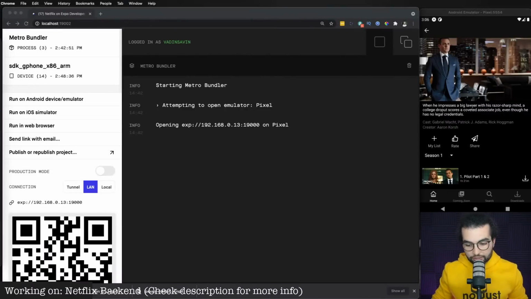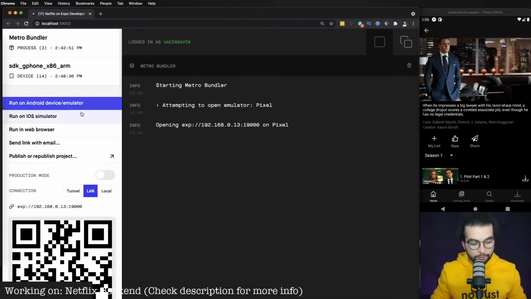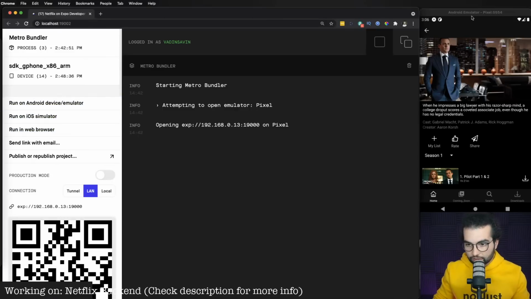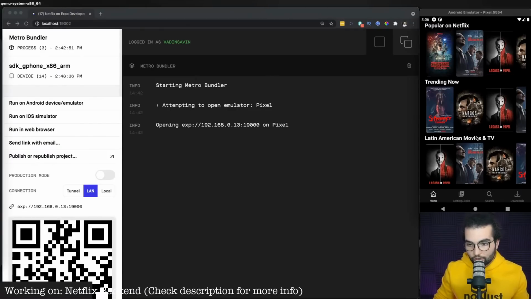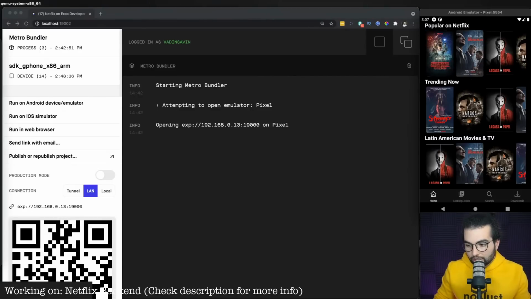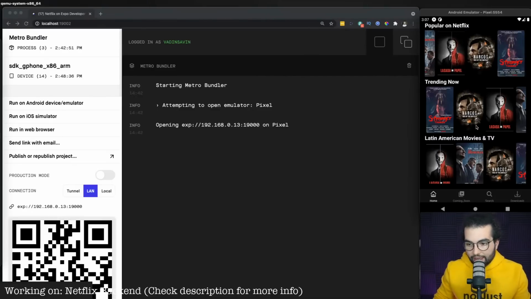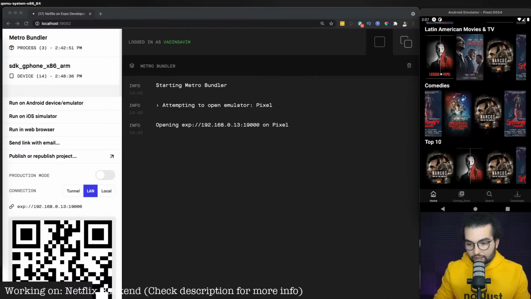I have run the project with yarn start, and I ran it on an Android device or emulator. The project should work both on iOS and Android. So here it is. This is already the detail screen. Yeah, this is the home screen. And on the home screen, we can see that we have a couple of categories, and each category contains multiple movies. These movies you can scroll horizontally, and the whole page you can scroll vertically and check the movies that